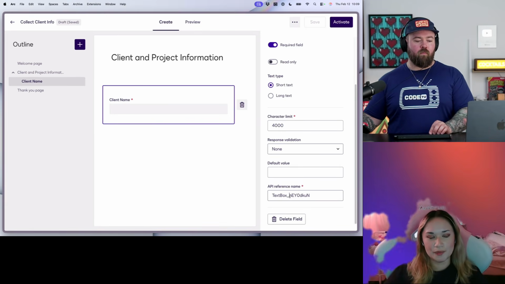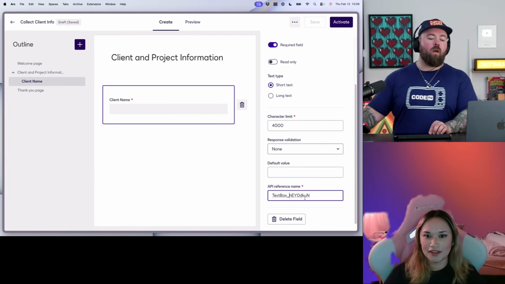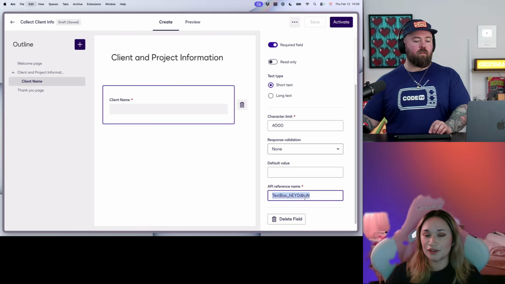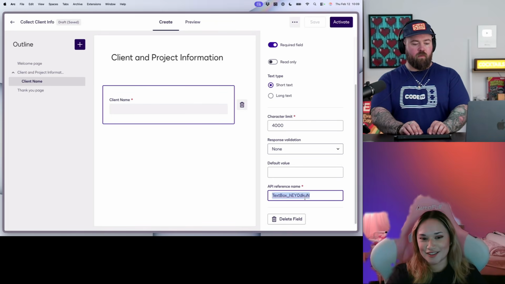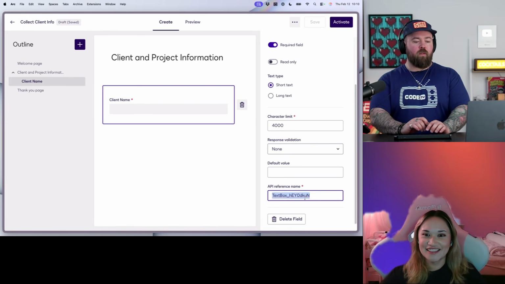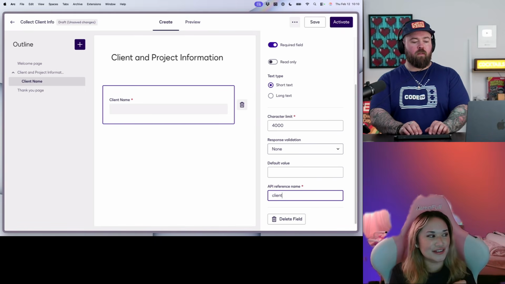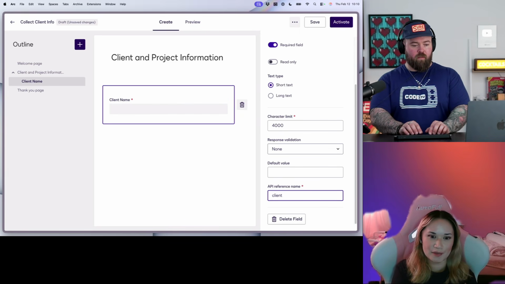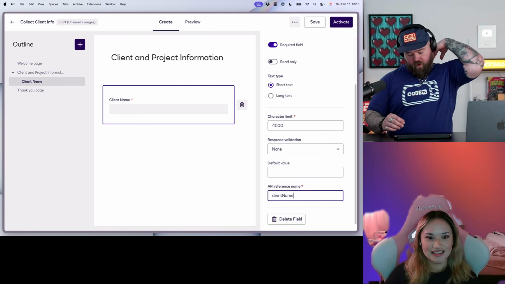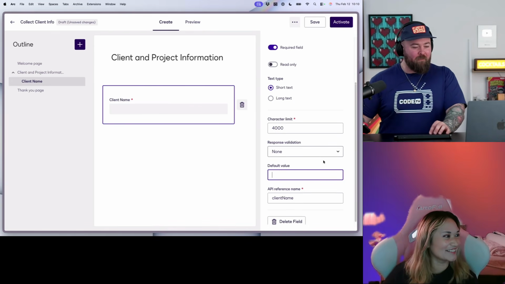This is what I was talking about earlier in the podcast when it comes to spell check. This is how the workflow identifies what value is what, and how you will as well when you build the workflow. If you kept it like that text box and you're trying to associate fields with data, and you have, let's say, 10 of these, oh my gosh, good luck. You know what I mean? So this one, we're going to do client case, single word, client name. Client name, capital N-A-M-E. Yeah. Got it.